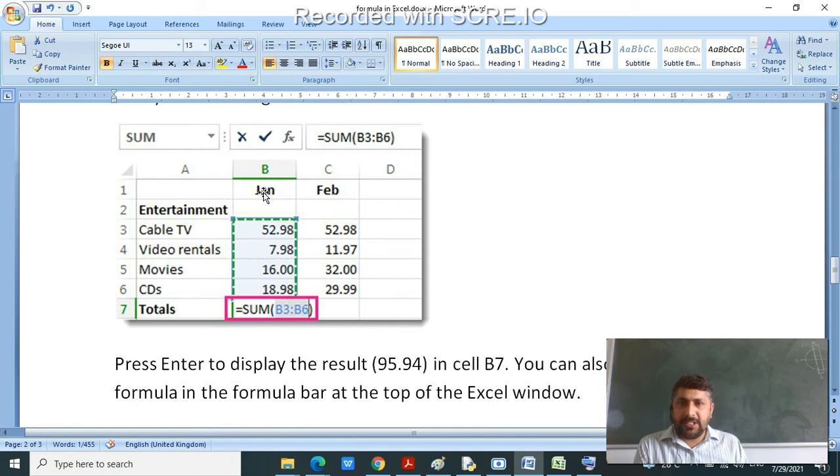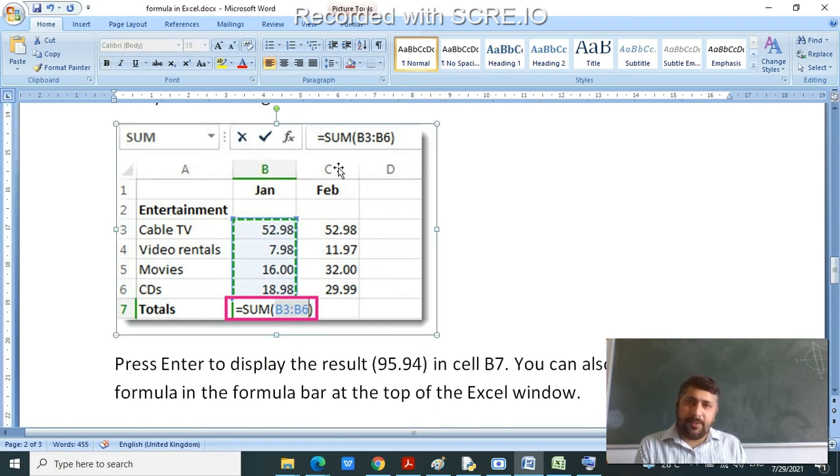You can see in this example we have three columns A, B, and C. In column A, we have written entertainment. Now, what are the different forms of entertainment? Cable TV, video rentals, movies, and CDs. And then finally, we have put one more label, total, at row number 7.